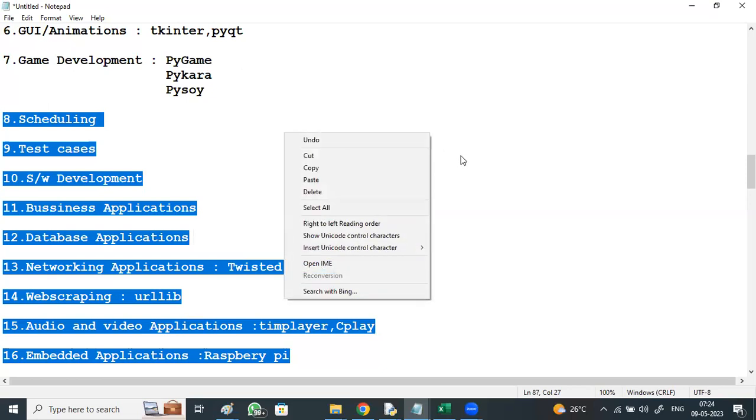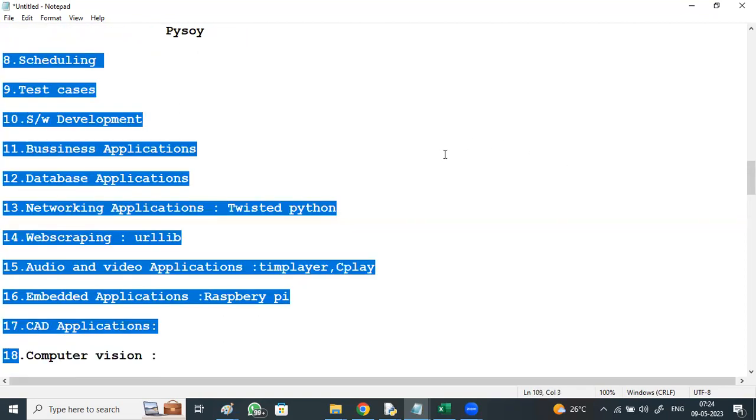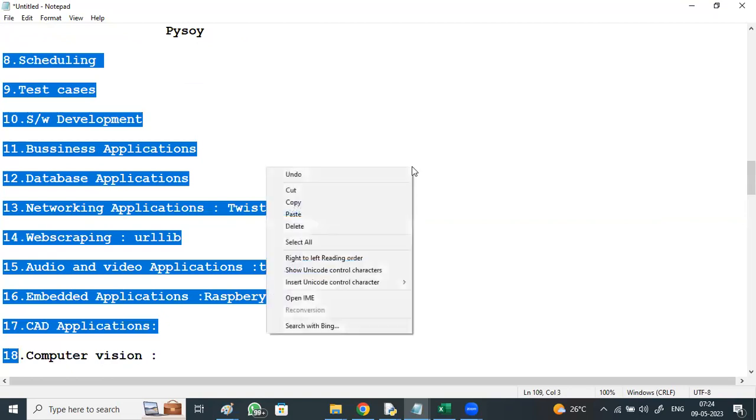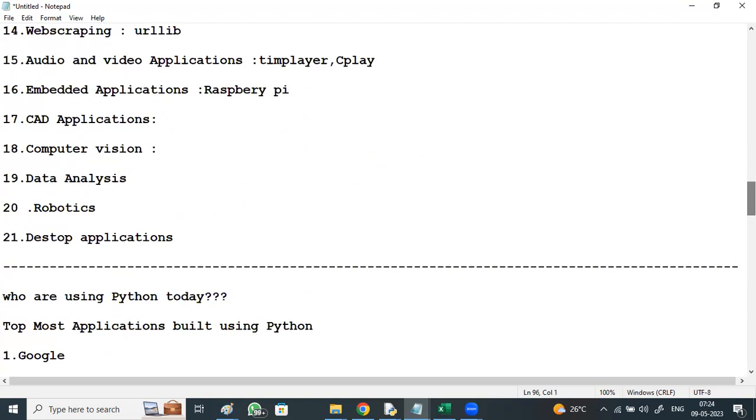And for data analysis and for robotics, right? Robotics with Python, you have great packages today.